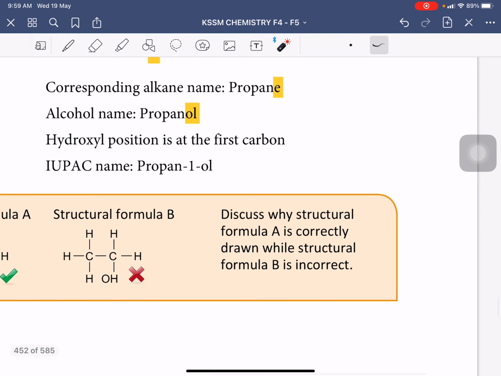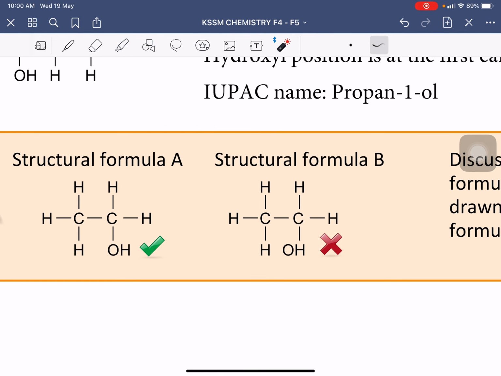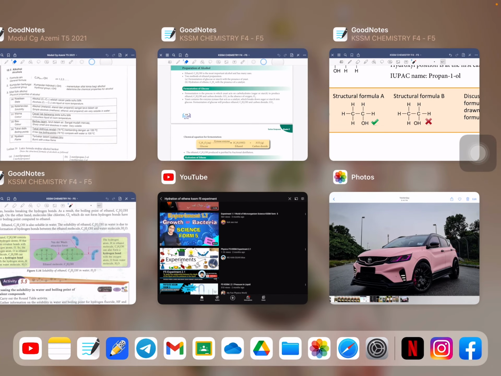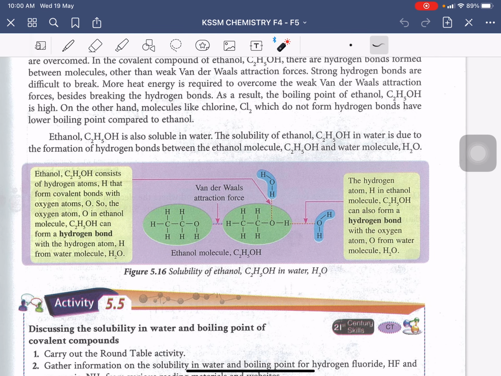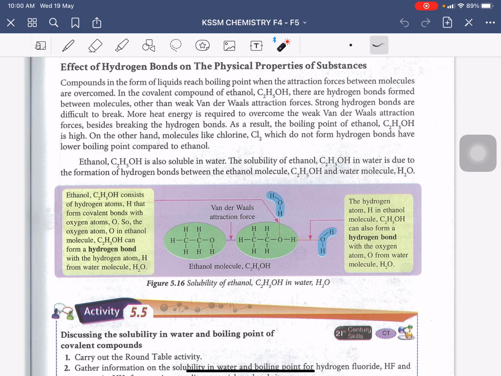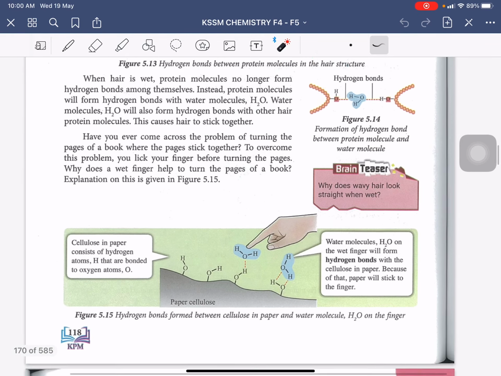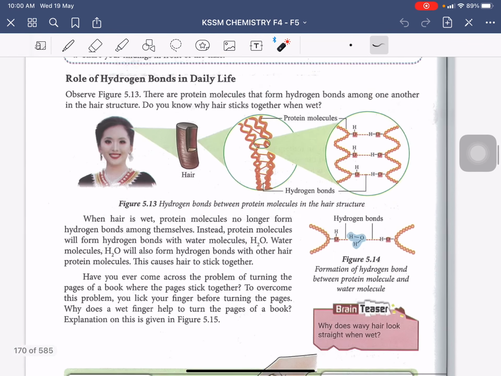incorrect. If you still remember, we have learned about hydrogen bond in Form 4, Chapter 5. Let us look at your Form 4 textbook. Ethanol, which we have learned just now, is soluble in water. We have learned about hydrogen bond in Chapter 5, where the hydrogen bond,